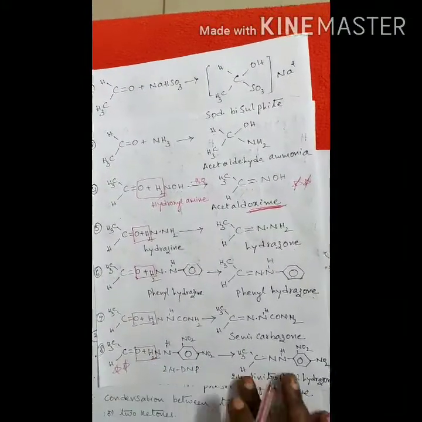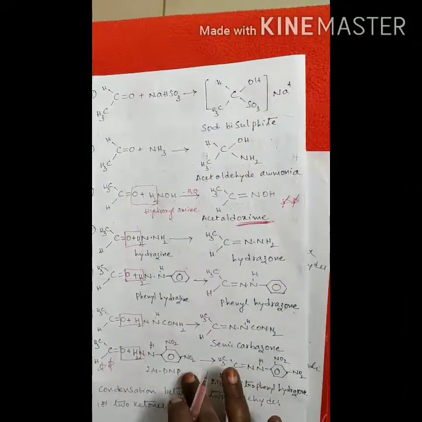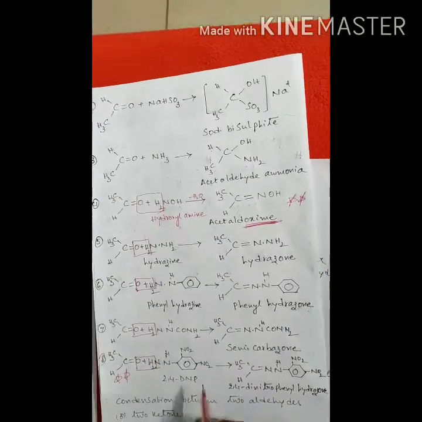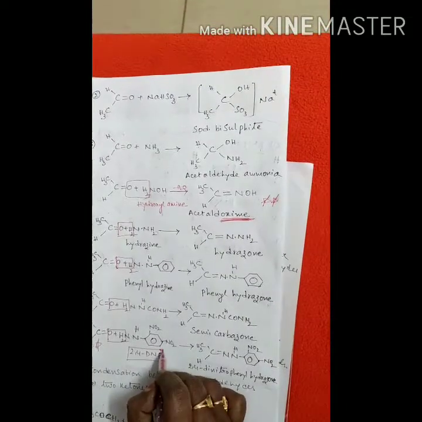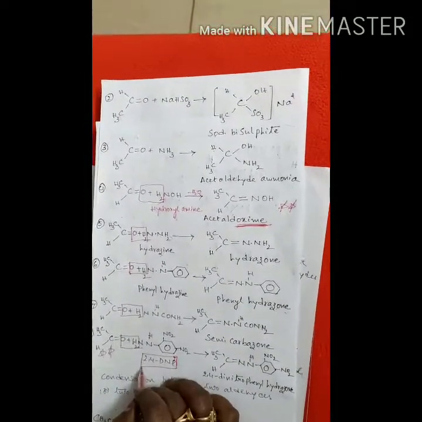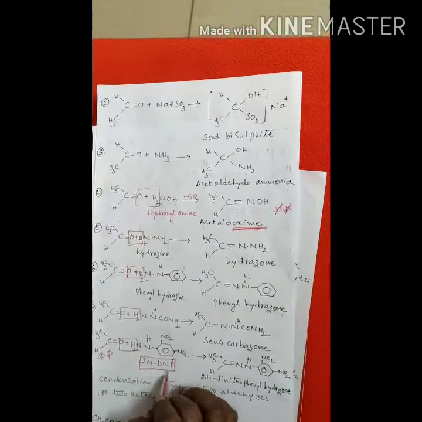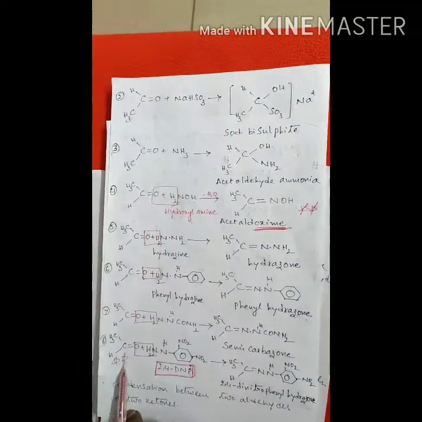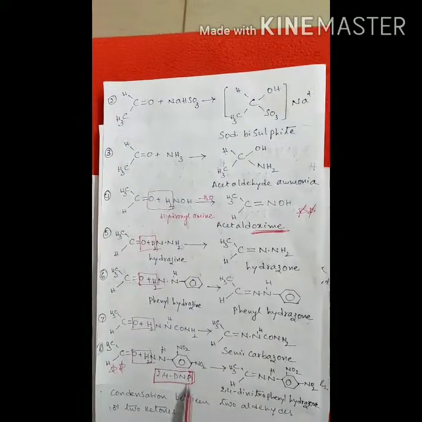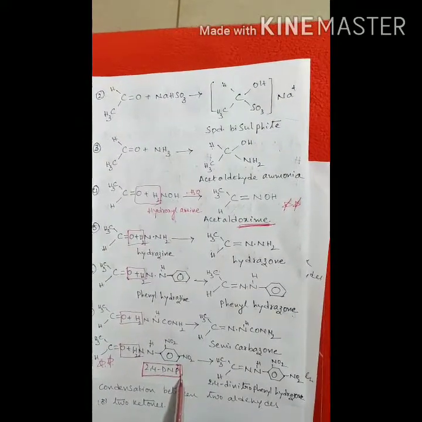You can easily identify the presence of a carbonyl group by adding this reagent. Both aldehydes and ketones respond to 2,4-DNP. When we test a carbonyl compound in the lab, it gives a positive test with 2,4-DNP. So that is the most important lab test to identify the presence of carbonyl compounds.